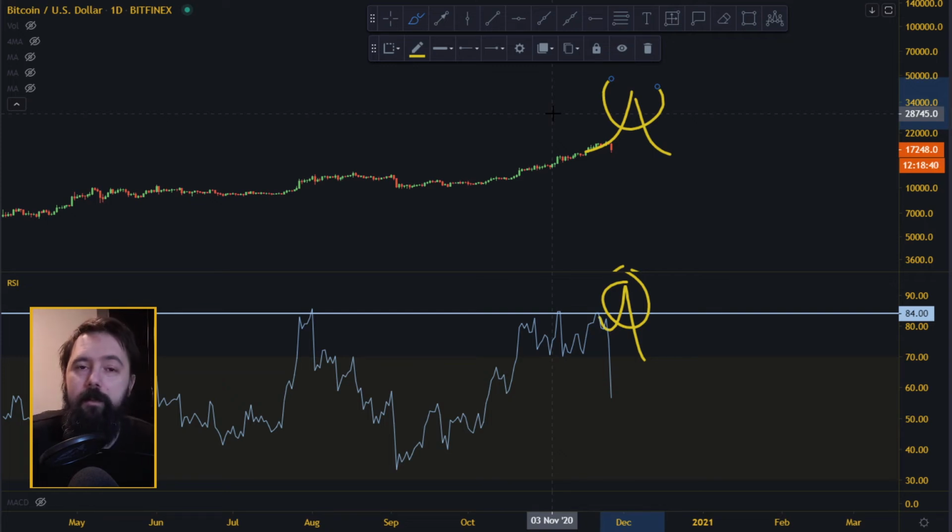You want to look at the RSI above certain levels, above 84, and see if we are getting some kind of top, if we are getting overbought, how high we are from the previous highs and stuff like that, and other indicators. Together with that, you can actually time the top, and that's what we're going to try to do in about a year's time.